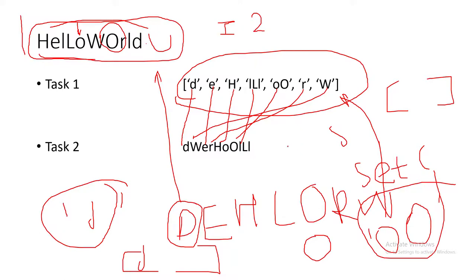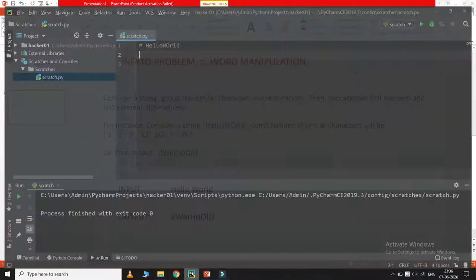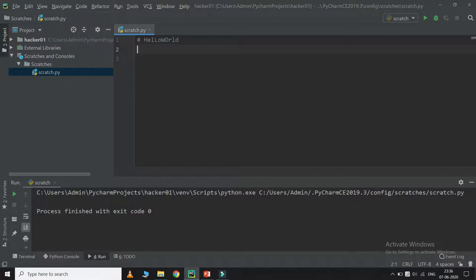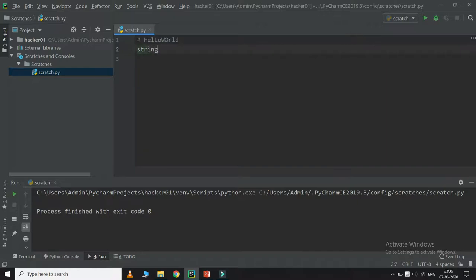I'll come out of the PPT presentation and move towards the PyCharm IDE. I have directly taken the input in here, which is hello world. I've commented it so we can use it later. First of all we'll take a string as an input.